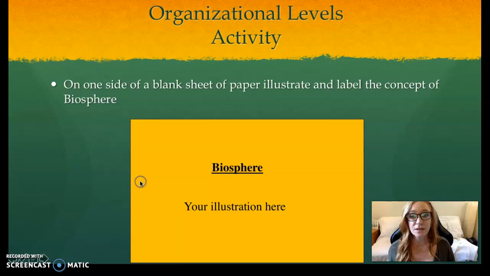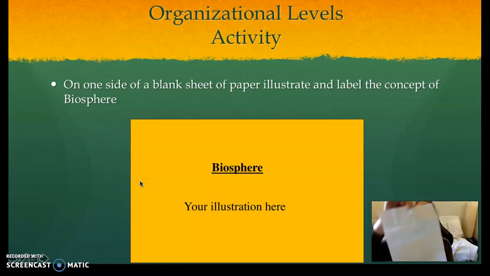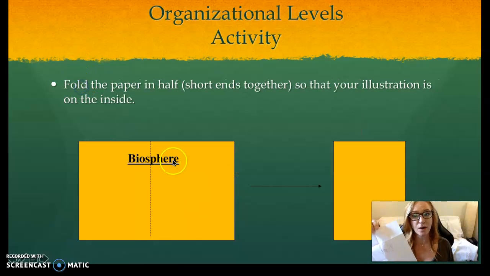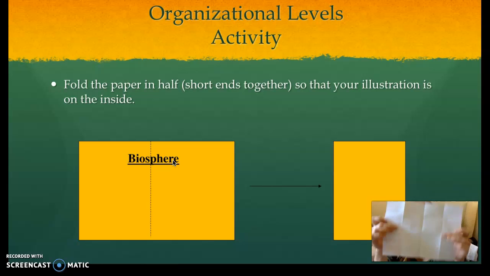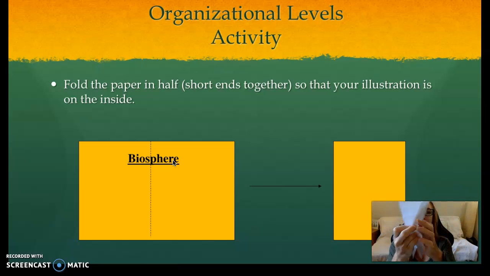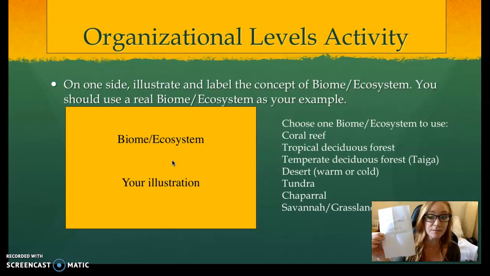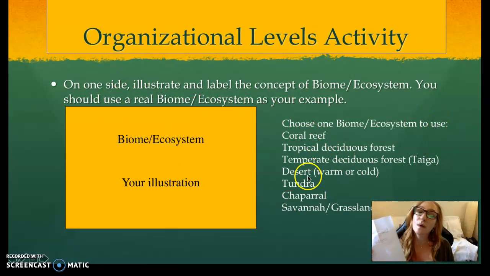So first thing you need to do is on one side of the paper, you need to write the word biosphere, and then you're going to add an illustration. What does the biosphere look like? Draw the planet. Okay, and then once you're done with that, you are going to fold the piece of paper that says biome or biosphere in half, short end to short end, okay? And on that, you are going to write biome/ecosystem, and then you are going to choose one of the biomes or ecosystems that I talked about back in